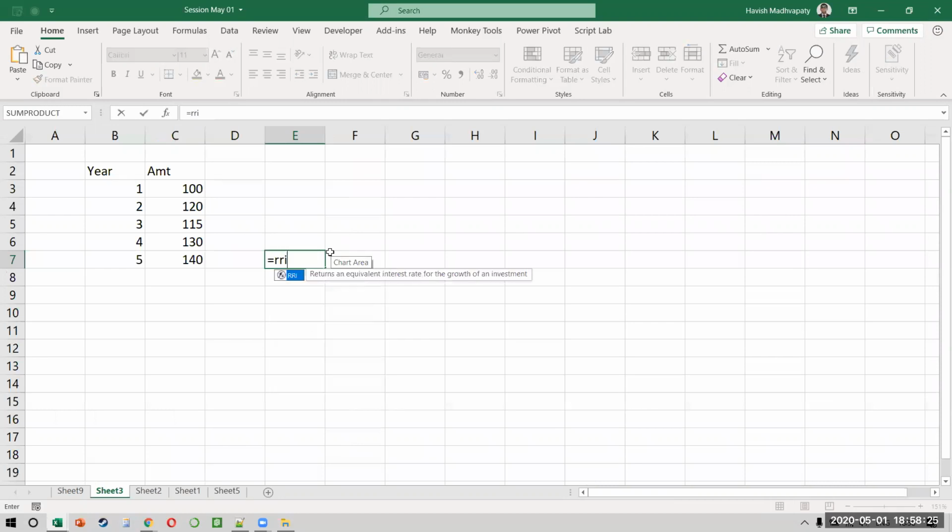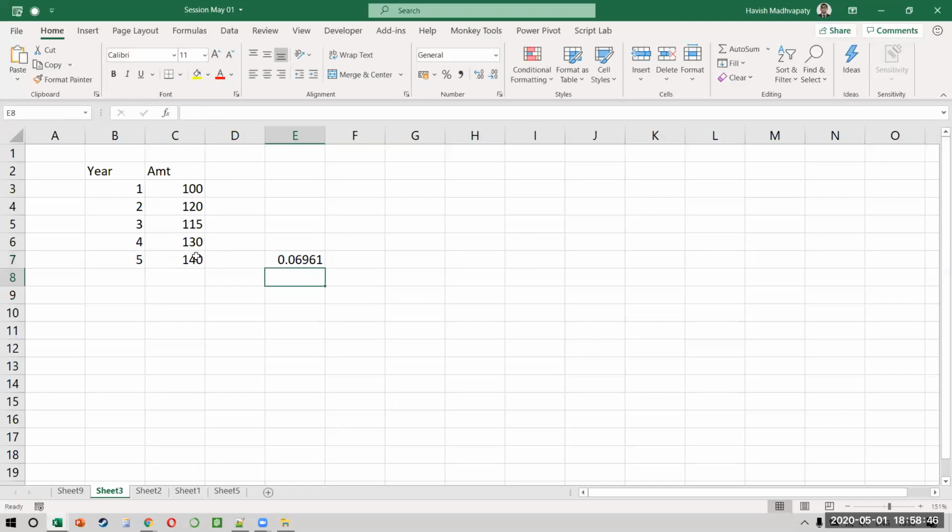It says it returns an equivalent interest rate for the growth of an investment, but this also calculates the CAGR for you. So NPER, PV, and FV. My NPER is 5, my present value is 100, and my future value is 140. And if you notice, it gives us 7%. So I notice that there is a 7% CAGR.